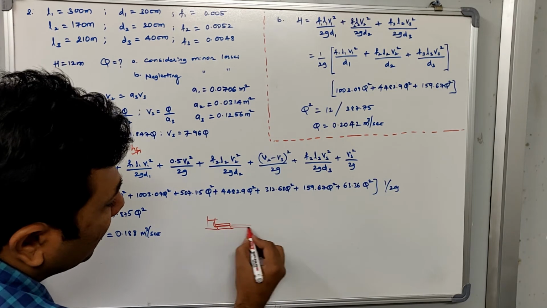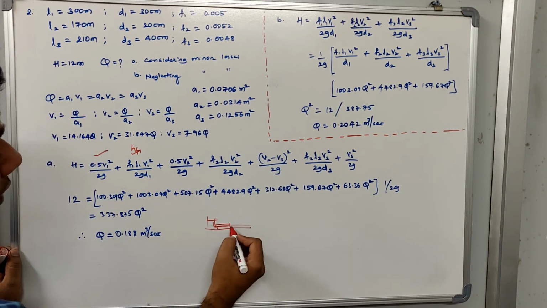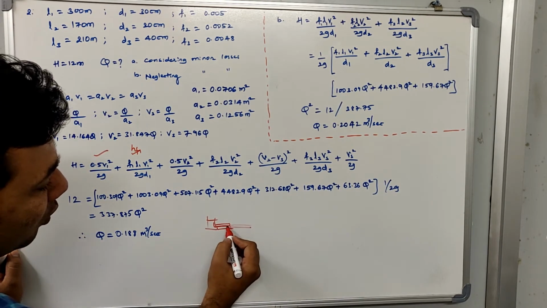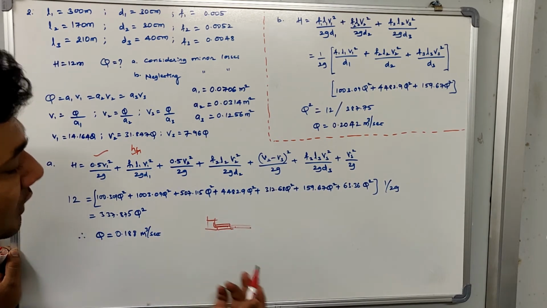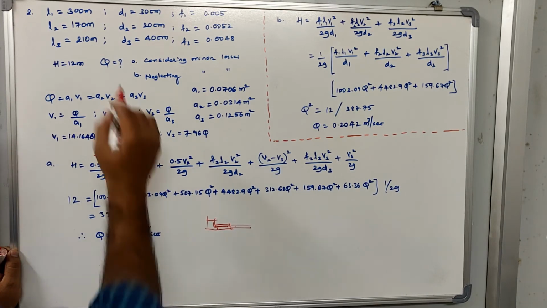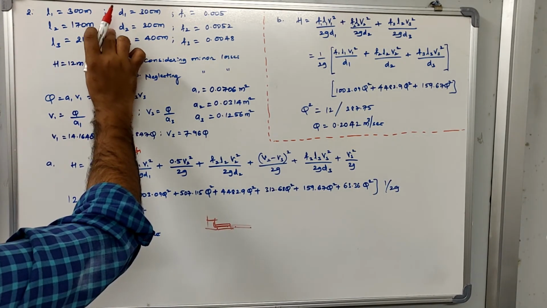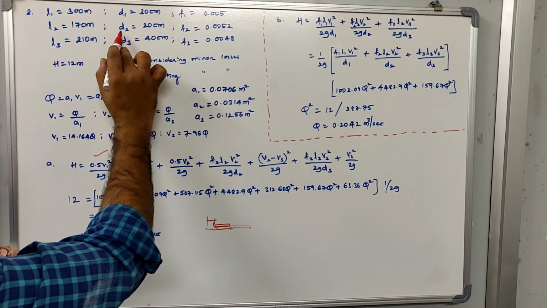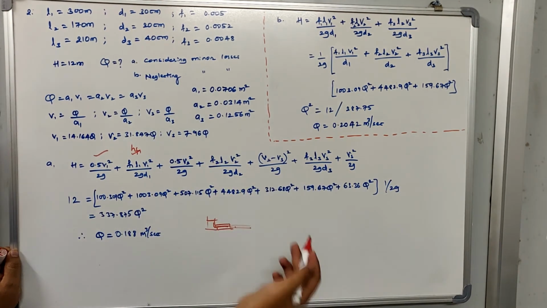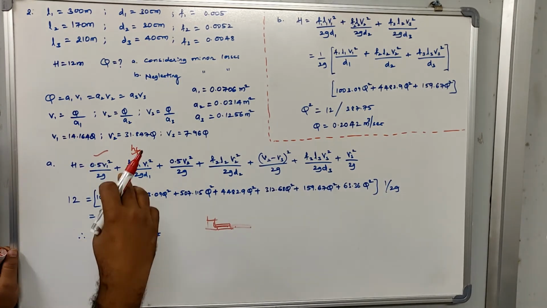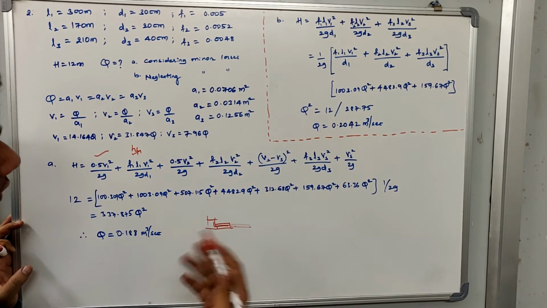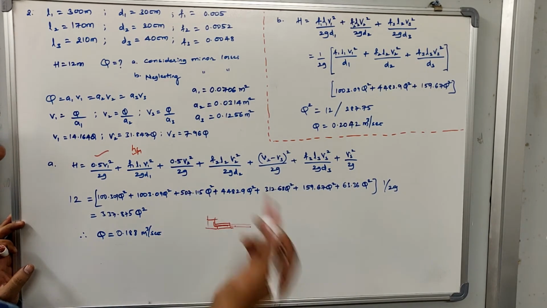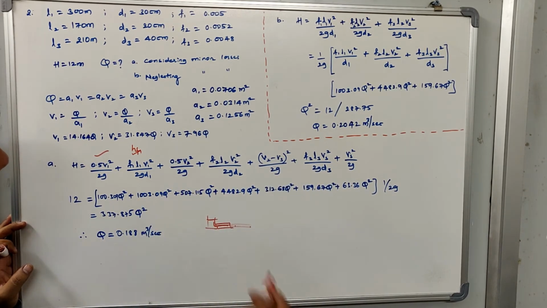Next, again it is connected by another pipe. When water moves from the first pipe to the second pipe, there is a sudden contraction. Now see, how do we determine the sudden contraction? By looking into the diameters. Pipe 1 is 30 centimeter diameter, pipe 2, which is immediately connected, is 20 centimeter diameter. This means a sudden contraction is going to take place. Now we need to determine the equation to calculate it. In the previous video I gave you the equation for sudden contraction, which is 0.5 V square by 2G, right?